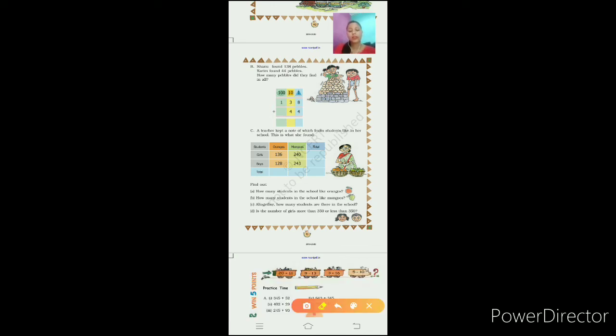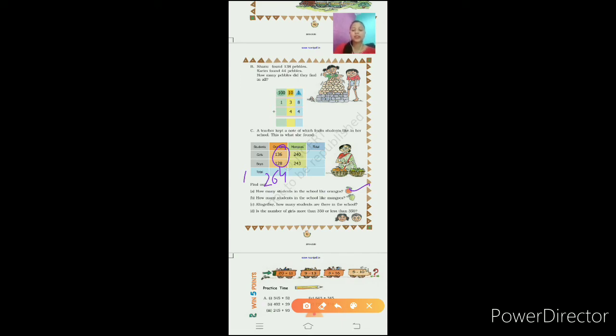Okay, and that is, how many students in the school like oranges. Okay, so the section of orange is here, ये ऑरेंज का सेक्शन है, तो इनको ऐड करेंगे तो आपको टोटल नंबर ऑफ स्टूडेंट्स मिल जाएंगे जो ऑरेंजेस को लाइक करते हैं. So 6 + 8 is 14, carry 1. Okay, 2 + 3 is 5 and 1 is 6, 1 + 1 is 2. So 264 oranges are liked by girls and boys together. Okay, so 264 students like oranges.